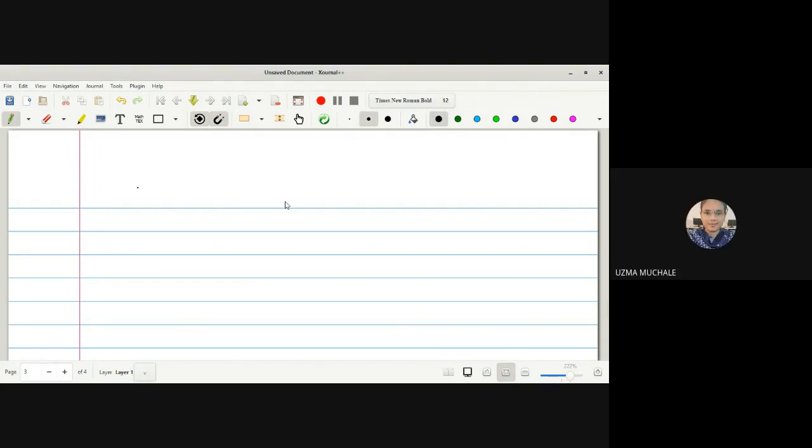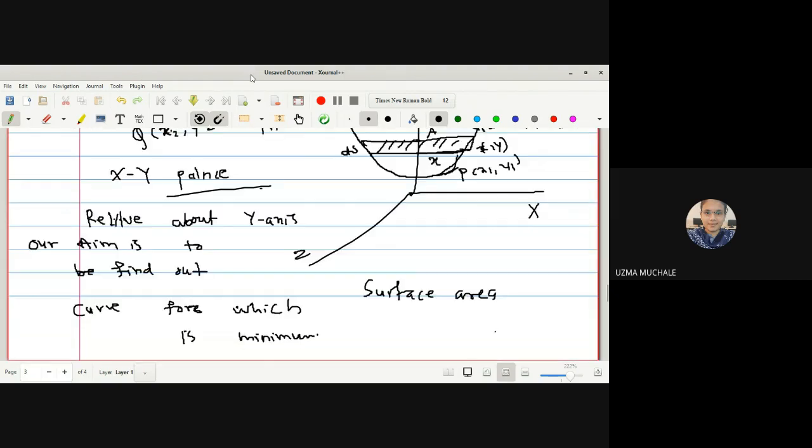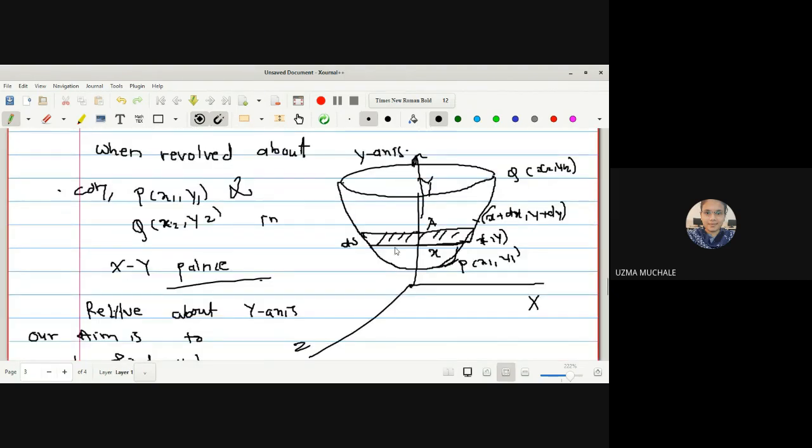Okay. Now consider a strip of width ds. As I showed you here, the width of ds we have found. Consider a strip of width ds formed due to revolution of a point A. Because how will this width be found? Because with your revolution you will get a width of ds, and if the distance of a point A from the y-axis is x, then the surface area of a strip is given by.